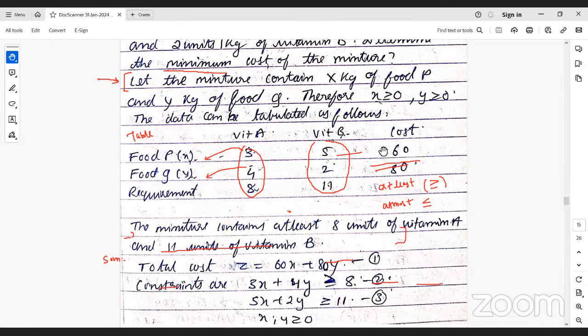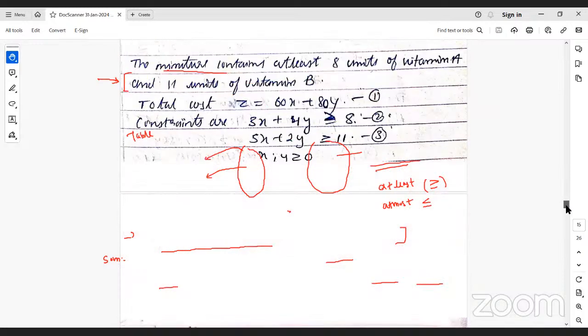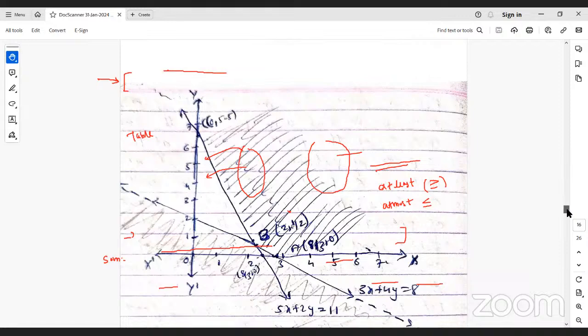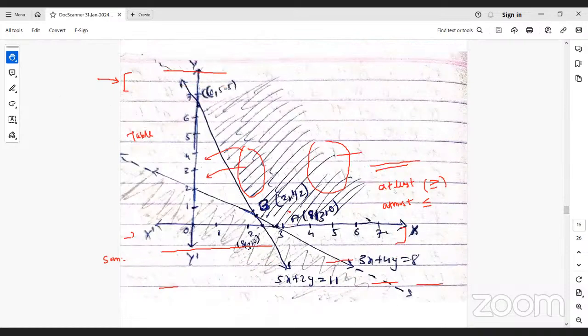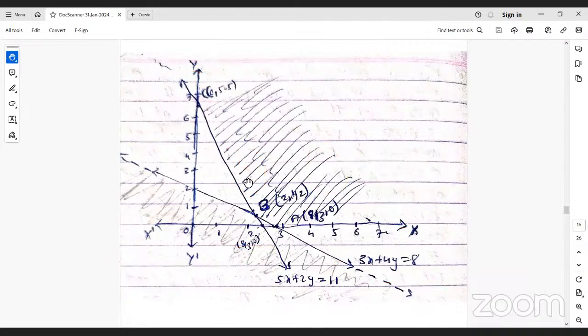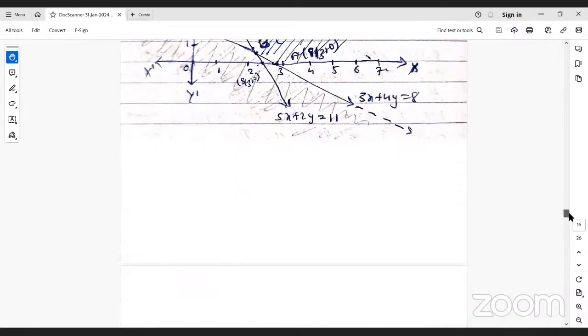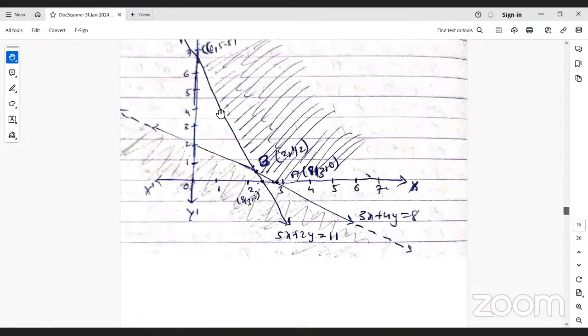So one first example we have discussed. Now in the second example we will try to solve it together. Here the graph has been given for your help. In this case, I will just discuss the solution. After plotting the inequalities, you will get the graph, and you can see the graph is unbounded. When it is an unbounded region, you will get the corner points A, B, and C. So you need to substitute these corner points